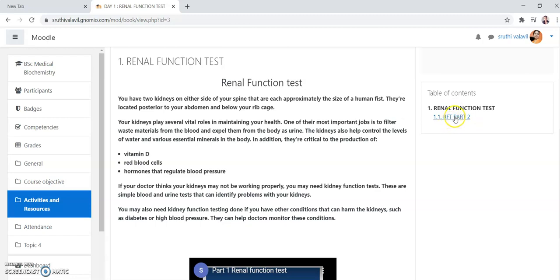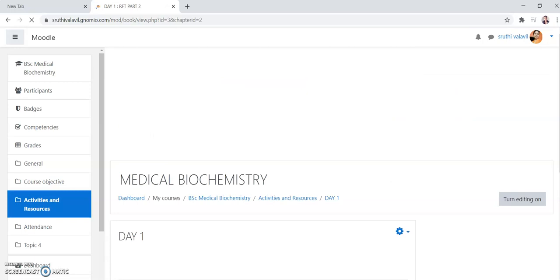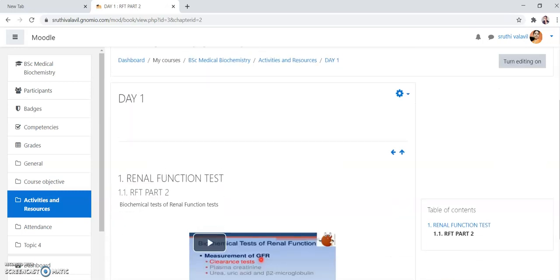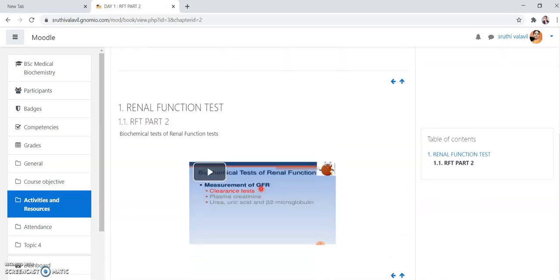Here I mentioned RFT part 2. You can click that. In that second topic, I uploaded just a tutorial video only. I didn't give any description or such things. Here also, in the same way, you can click this play button to view the tutorial session.